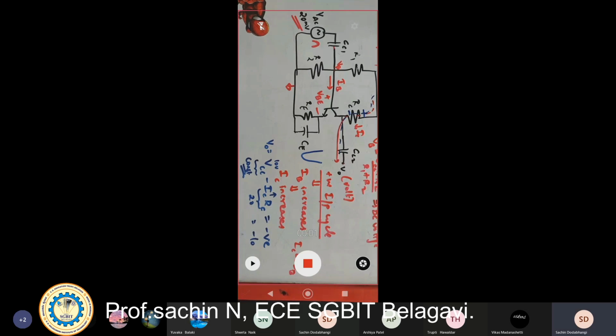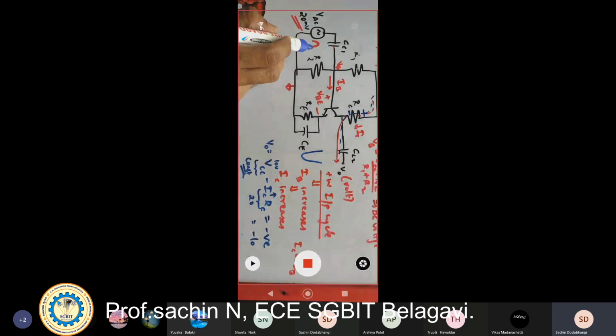For the positive input cycle, IB is increasing. When IB increases, IC will also increase. When IC increases, look at this equation: VCC is constant, so this term goes on increasing.